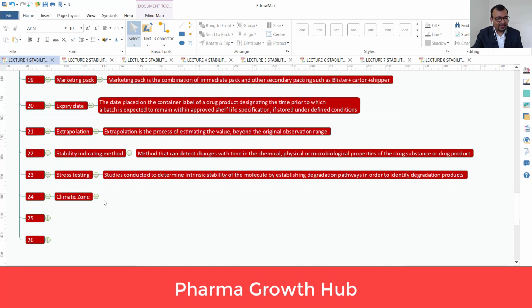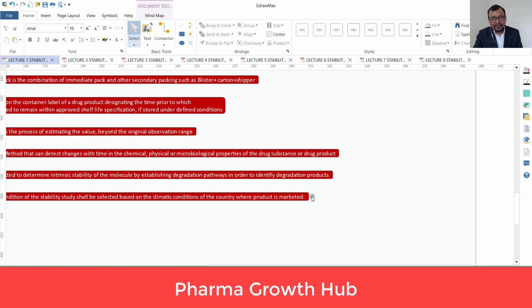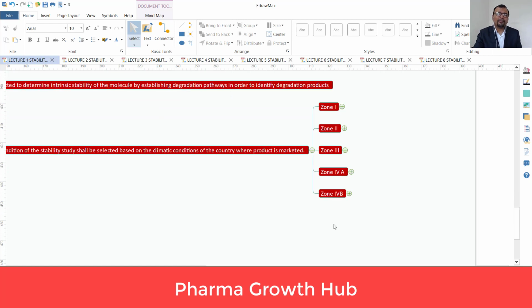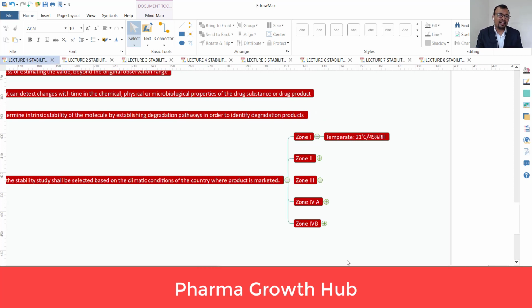The next point is the climatic zones, right? And what is the definition? The storage condition of the stability study shall be selected based on the climatic conditions of the country where the product is marketed. And let us understand what are the various zones that are globally accepted. Zone 1 is temperate zone, and if you intend to market your drug product or substance in a country with a geographical condition of temperate, then you must conduct the long-term stability study at 21 degrees Celsius and 45%